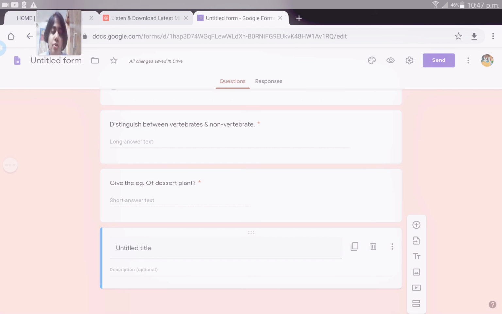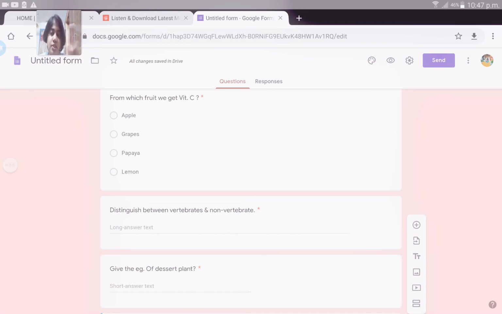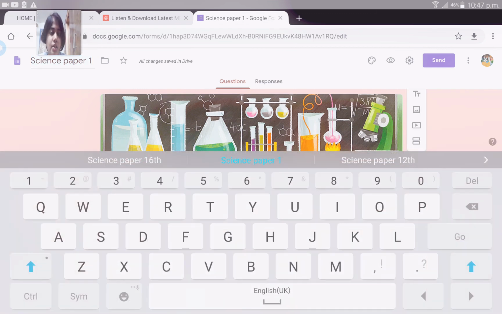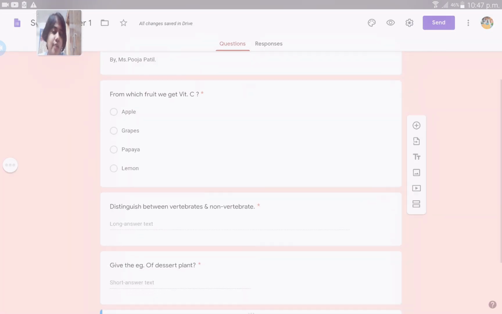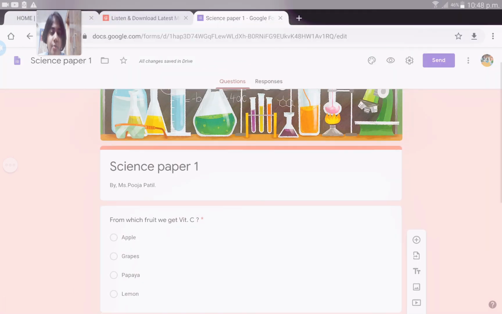Okay, so next is that equivalent side also, so sign also gives you that title or the section will be added to your question paper. Okay, so now the title has been given, questions are there. Okay, 3 different types of question I have typed over here, and everywhere you can see there is a red mark. Why is it so?